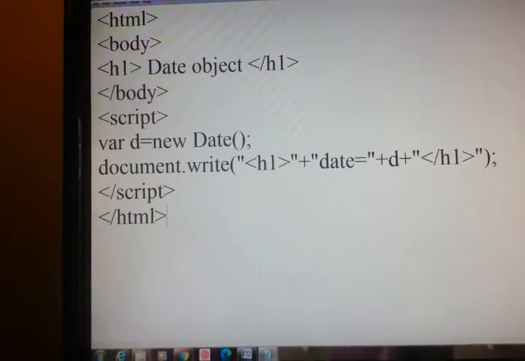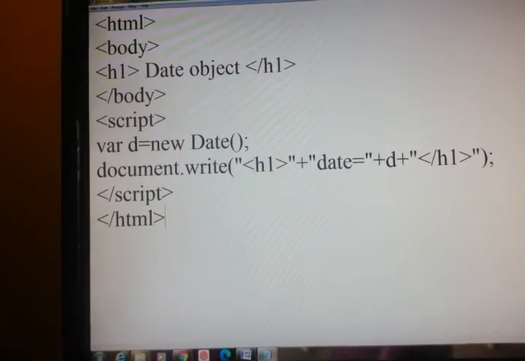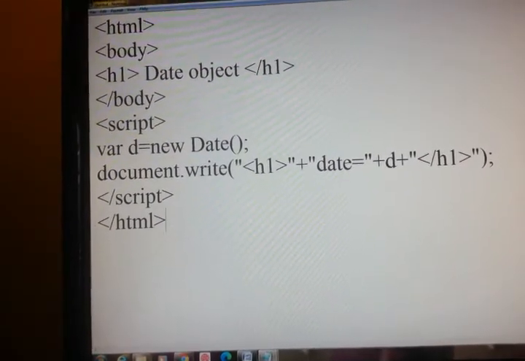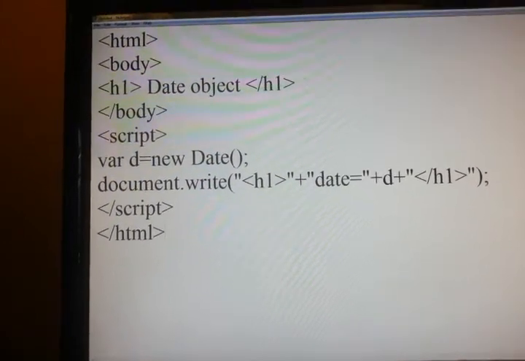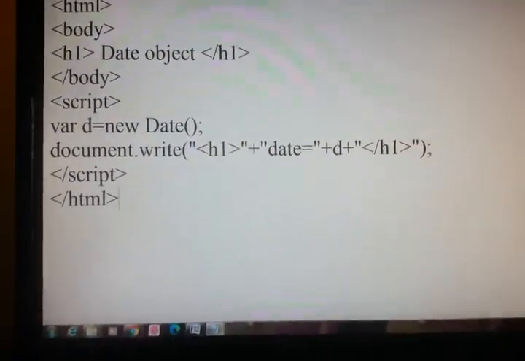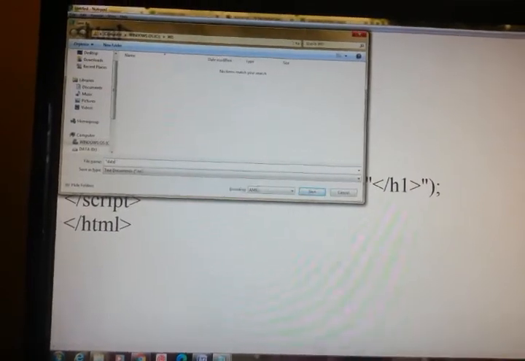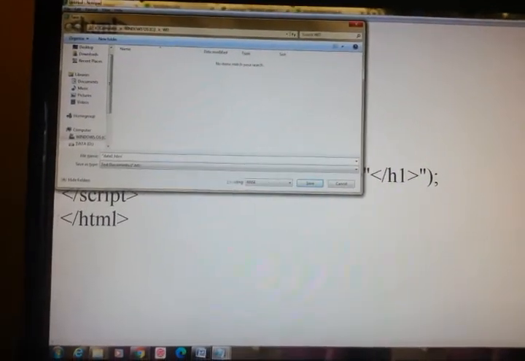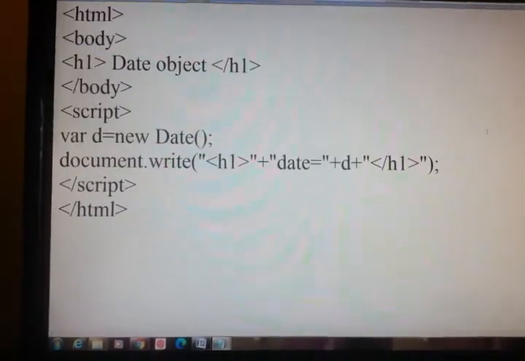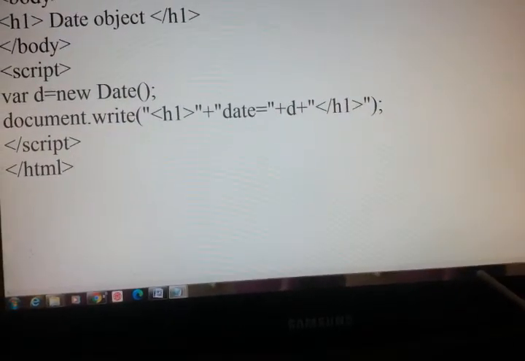So I have created an object to our date, and then I am printing. So I use h1 so that the browser will show the output big. Review date1.html. We'll go to our browser.